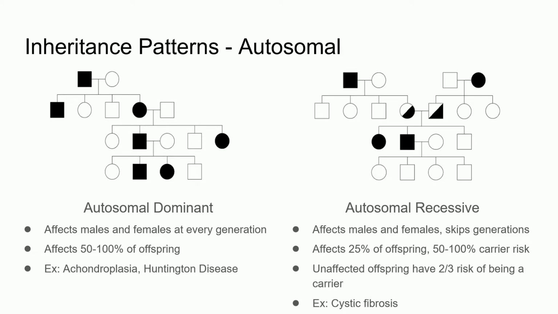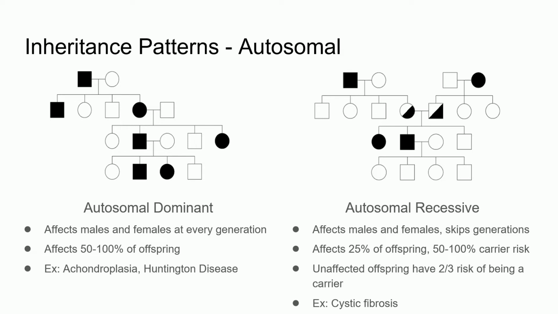1/4 of the offspring will be homozygous recessive, and therefore will display the phenotype or trait. That leaves 3/4 of the siblings not displaying the phenotype or trait, of which only 2 of those 3 have a chance of being a carrier. So the risk of having a carrier offspring may be 50%, but the risk of an unaffected offspring being a carrier is 2/3.